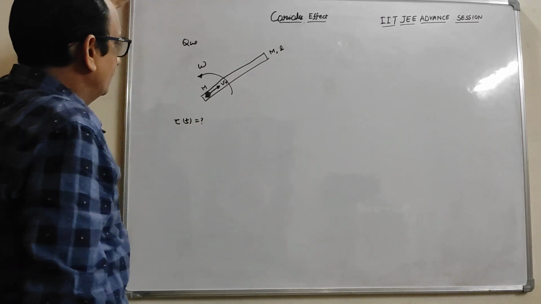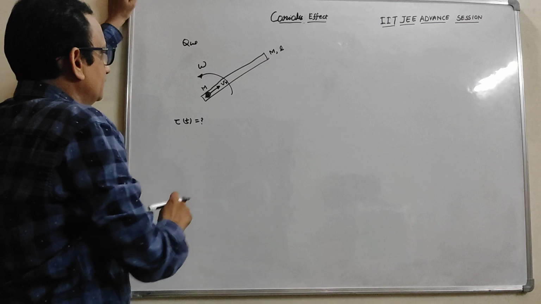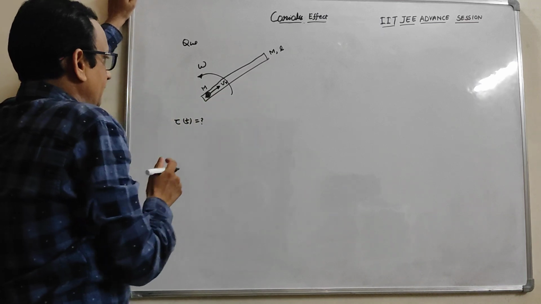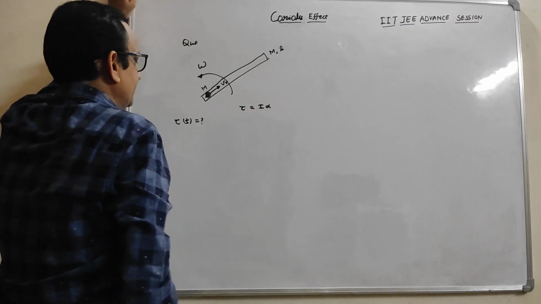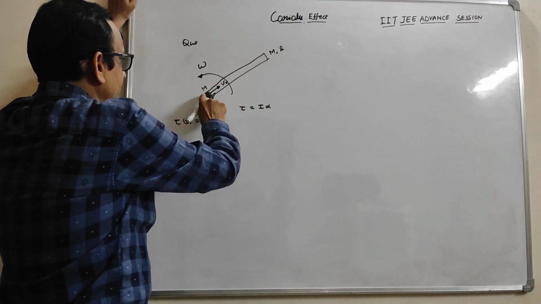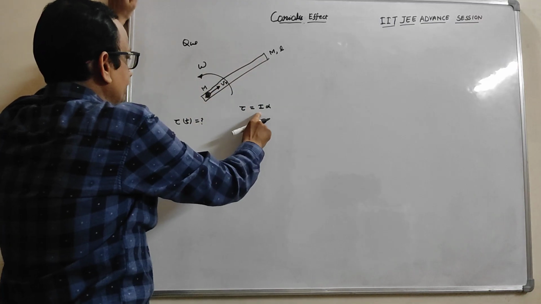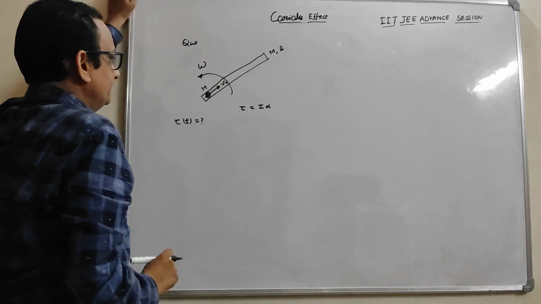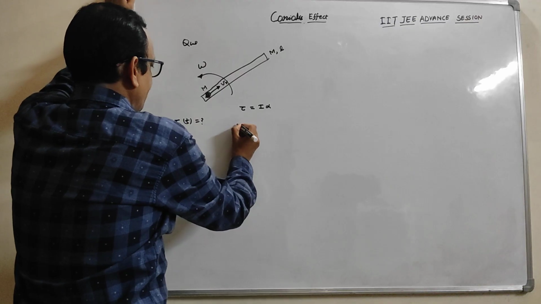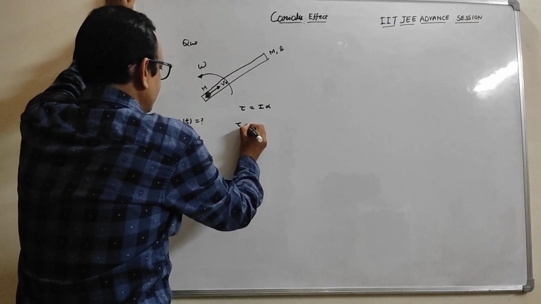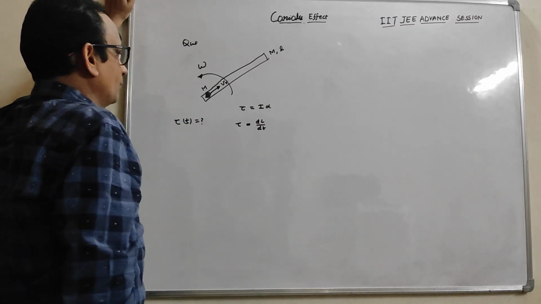So in this scenario, while the insect is moving on the rod, the equation tau is equal to I into alpha is not valid, because while the insect is moving on the rod, its moment of inertia is regularly changing, so we can't apply this formula. So for the torque we apply dL by dt, the change in angular momentum.